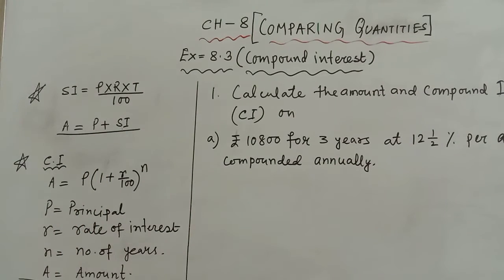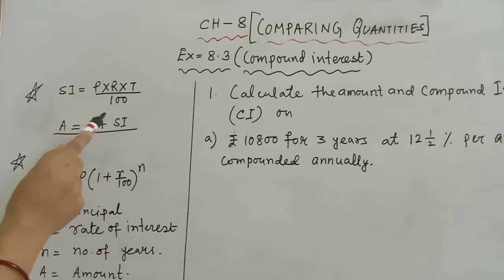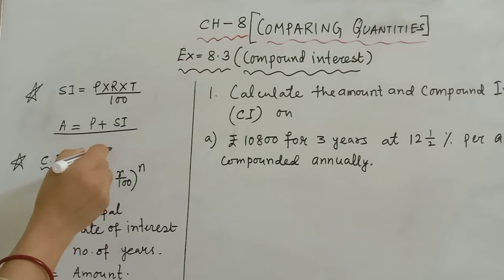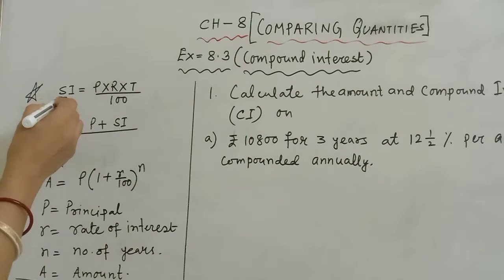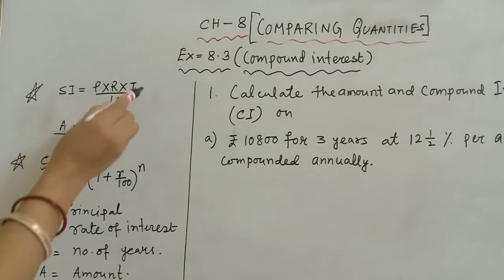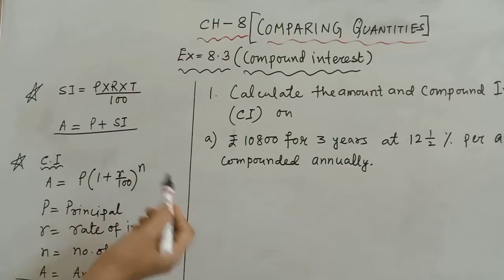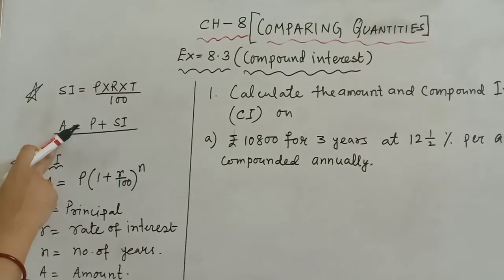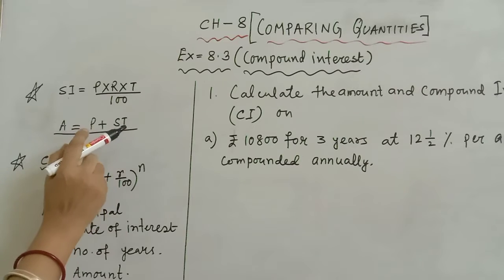As students we know that interest is some extra money paid by the institution. Institution means some bank, like banks, post office, where we are depositing some money. They are giving some interest. This is the extra money we are getting when we are depositing some money for a few days, in a current account or savings account. This is known as simple interest. And amount means the principal, the money we have kept in the bank, and the extra money, the simple interest.